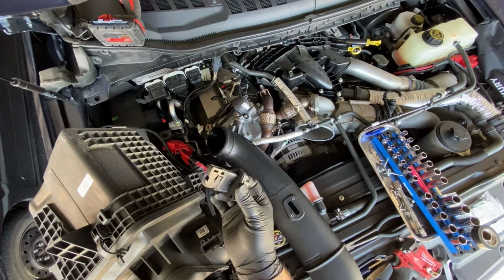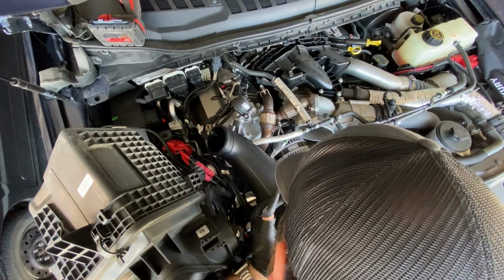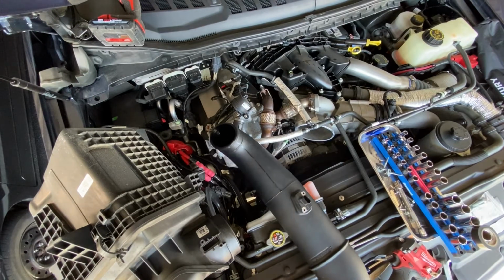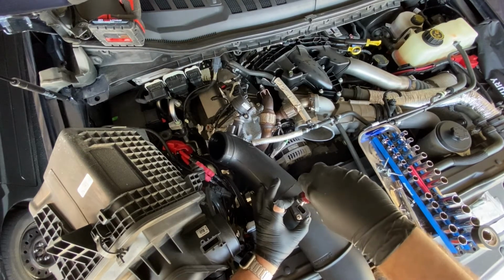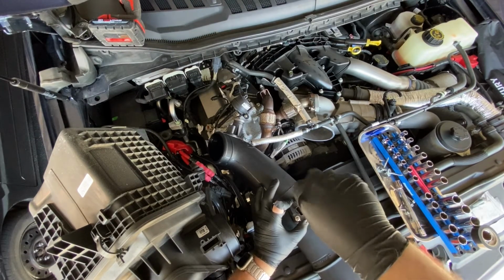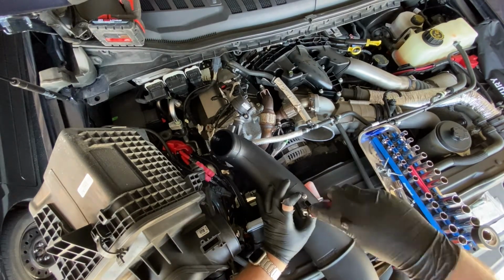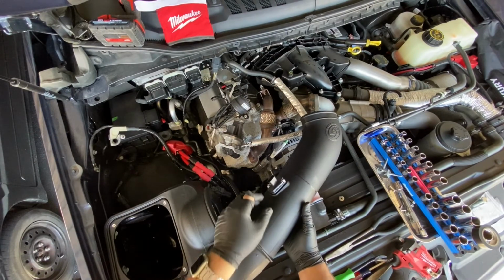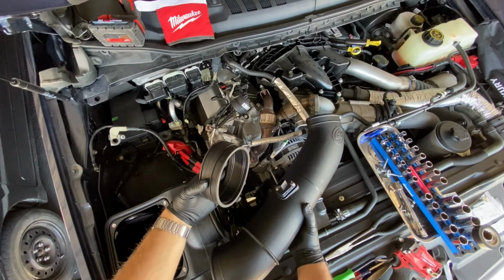Alright, so I found that it's easier to stack everything on the mass airflow sensor and then feed it down into the new air tube. Get your new Phillips head screws. Alright, so once you've got the mass airflow sensor tightened down in the new spot, you want to get your new coupler,